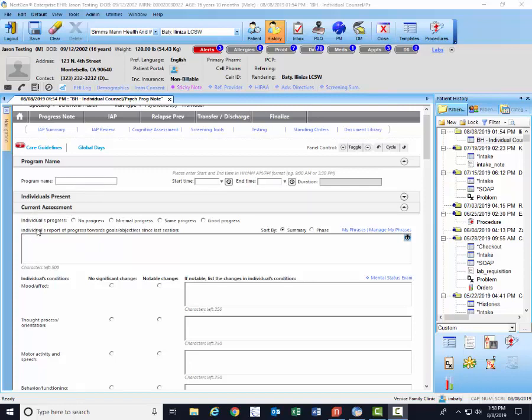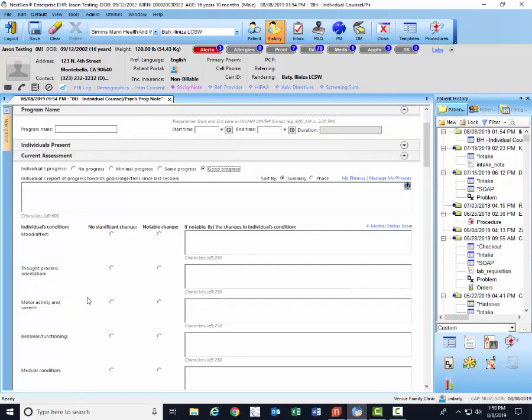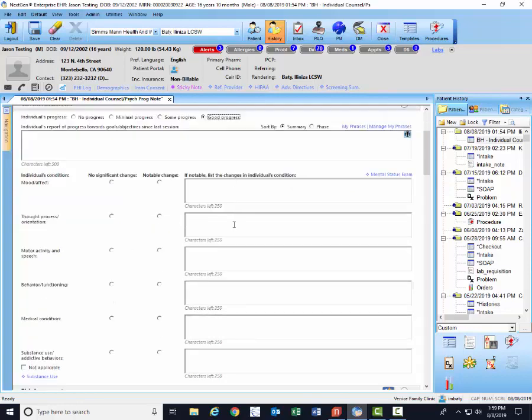identify the individual's progress, indicating either no progress, minimal progress, some progress, or good progress. If you completed a PHQ or a GAD or any other screener, you can add it in this section as well. Then you will go down to individual's condition, and in these open spaces, you will identify the symptoms that